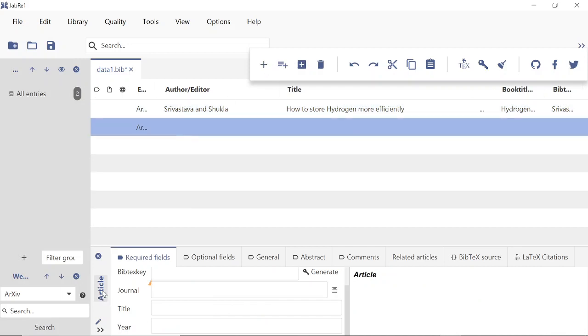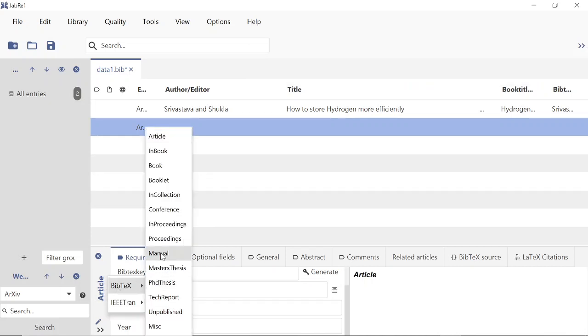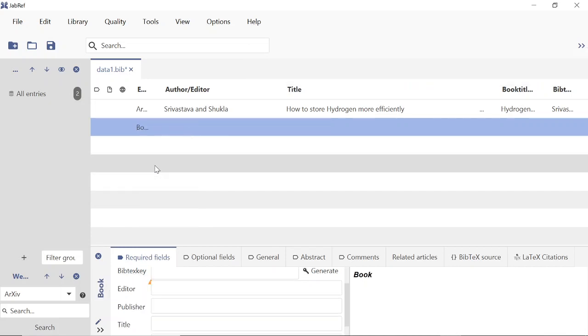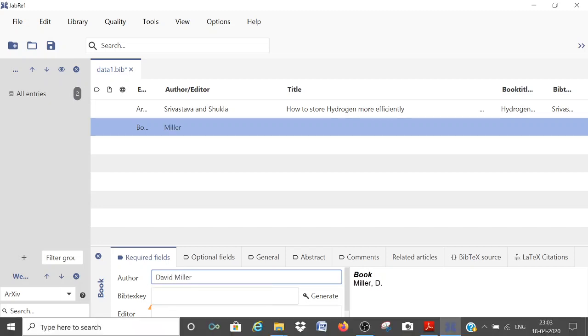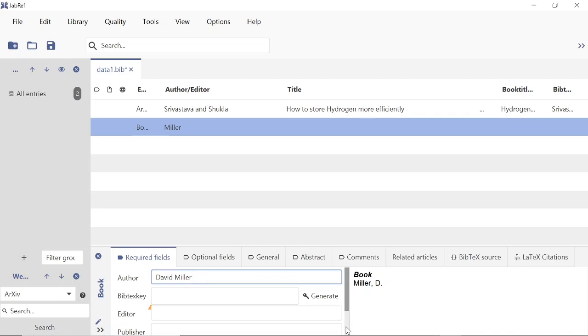Okay. So to change this from article to book, click on this one. Okay. And then first the fields will be changed. Author's name. Okay. And there is no editor for the book.